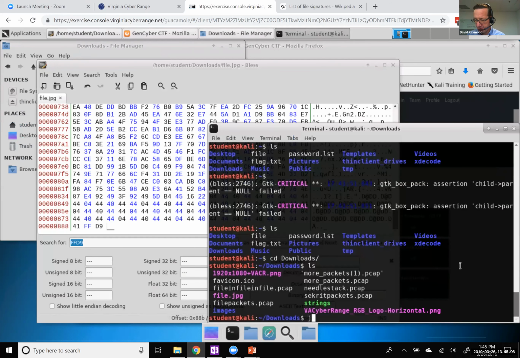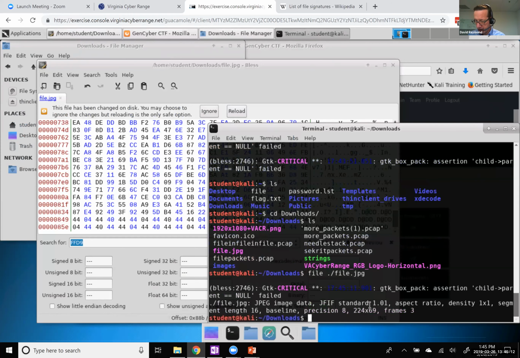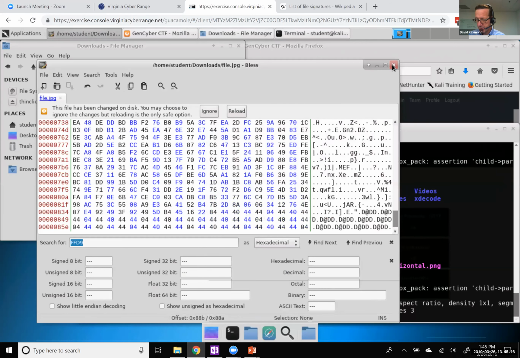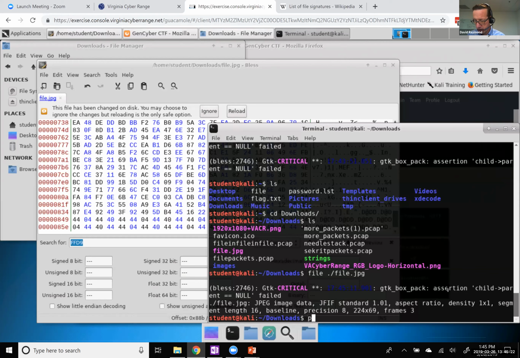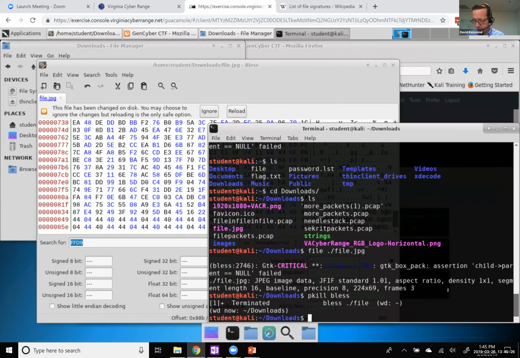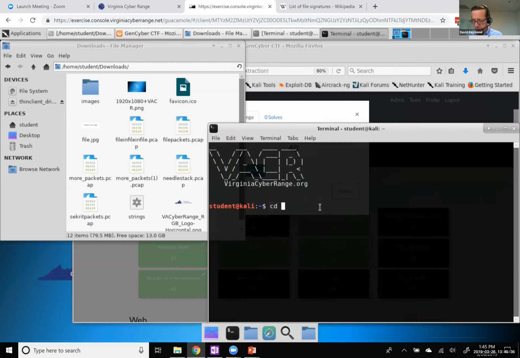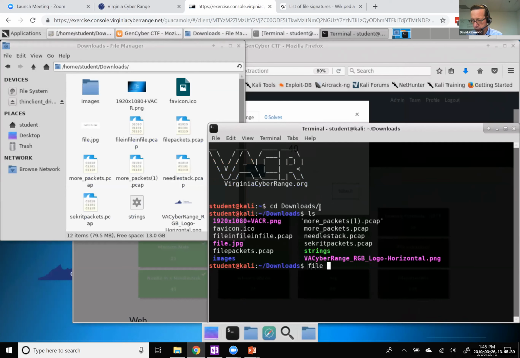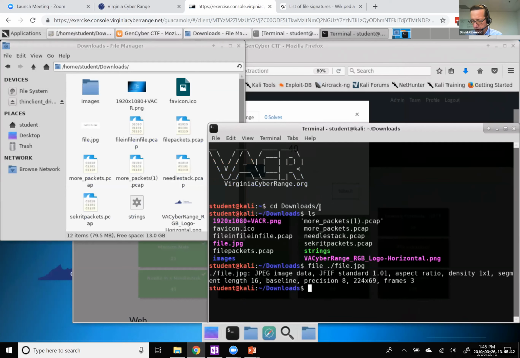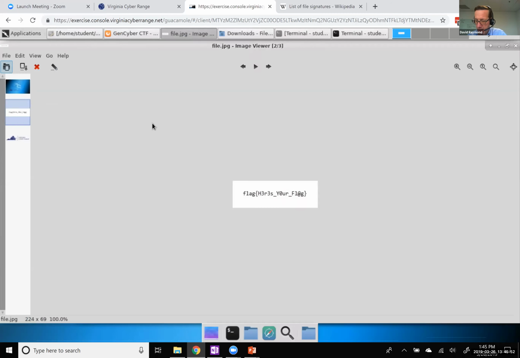Now I could ask the file command, file.jpg, what it is. Let me close Bless because I'm getting all these crazy errors at the command line. CD downloads. And here I get, it's a JPEG image file, JFIF standard, yada, yada, yada. So now I see it in my File Explorer. I double click on